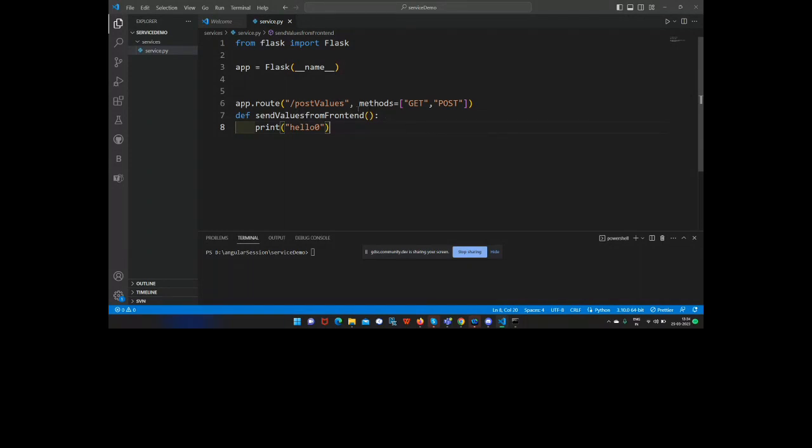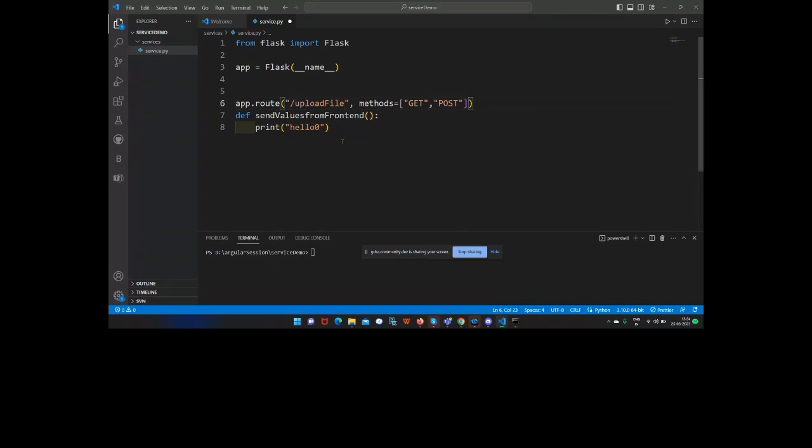A route is the value where we are going to upload, mainly called an endpoint. So on hitting this endpoint using get or post method, what we have to do is we have to upload